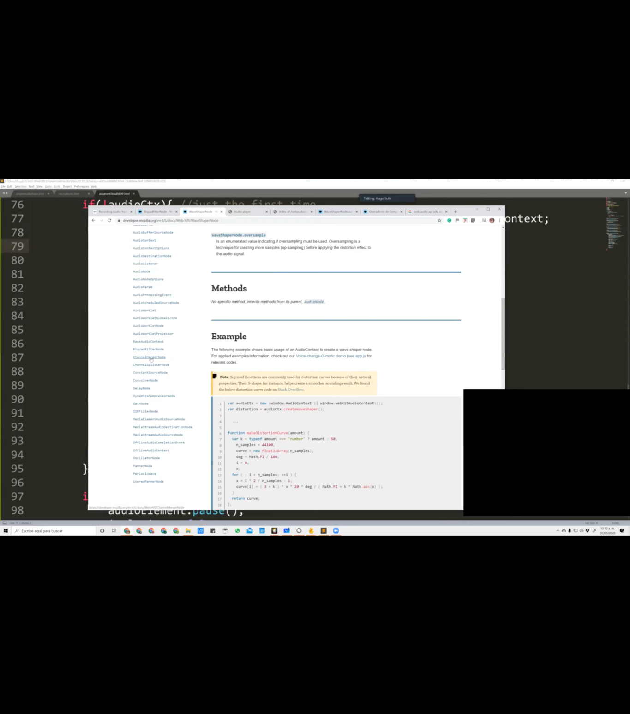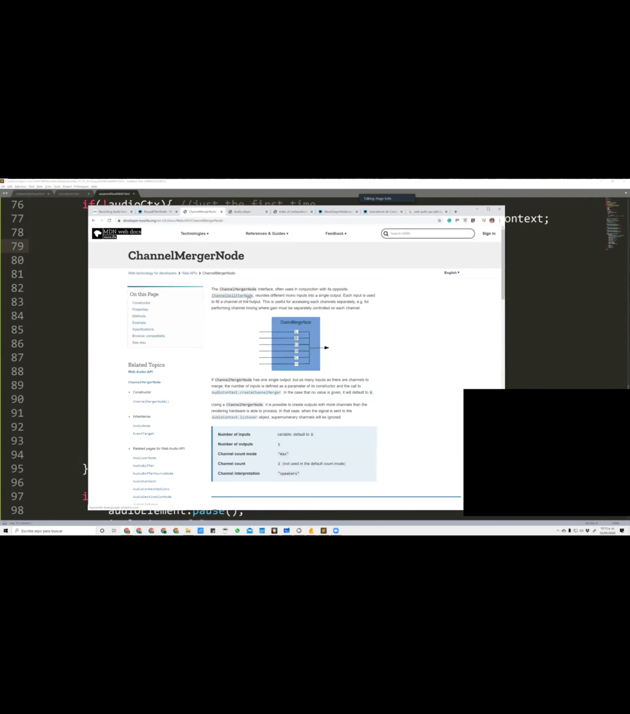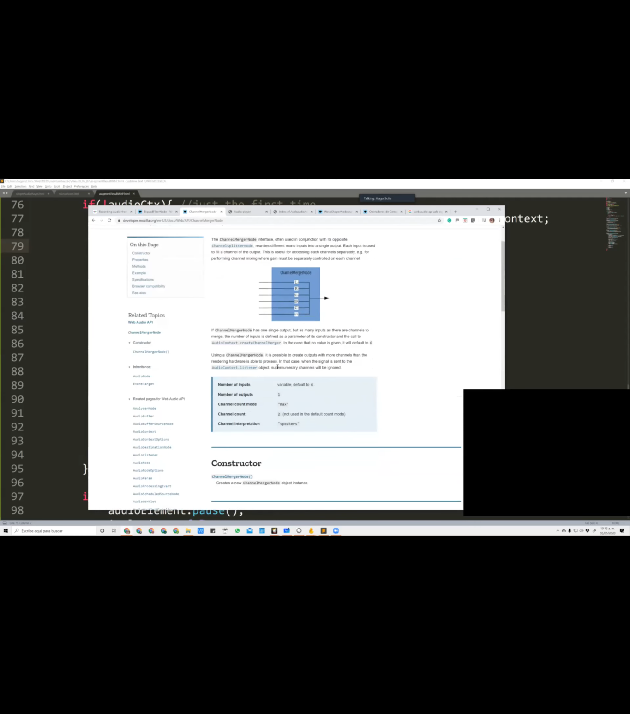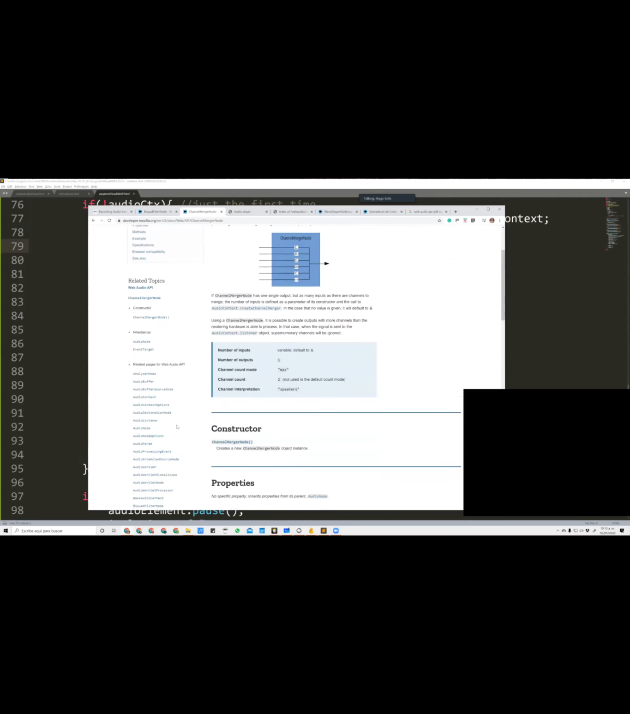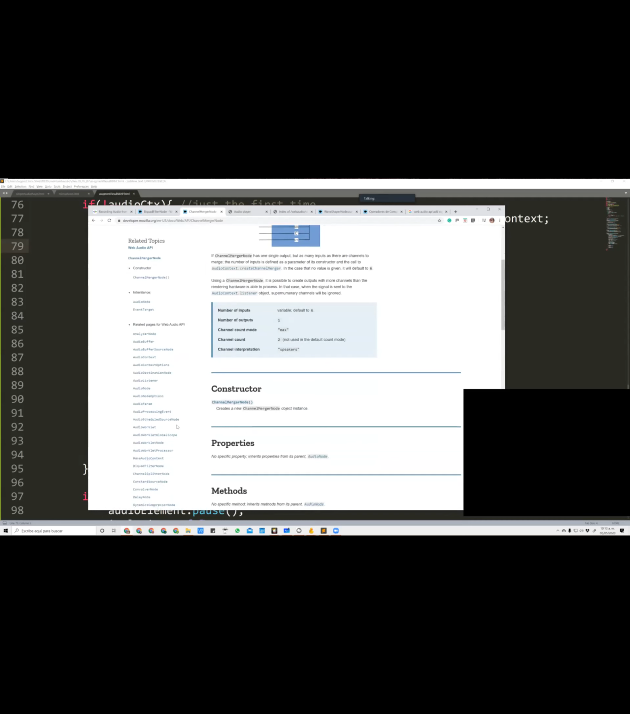As you can see here, we have a way. The channel merge node, often used in conjunction with the opposite channel splitter node, reunites different mono inputs into a single output. Its input is used to fill a channel of arrays. These are for channels. Actually, this is for making two mono signals become a stereo signal, okay? But we should have